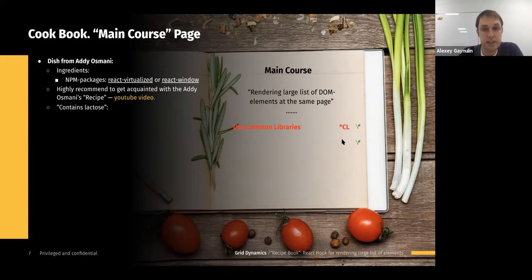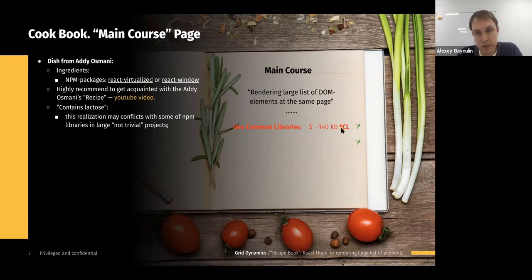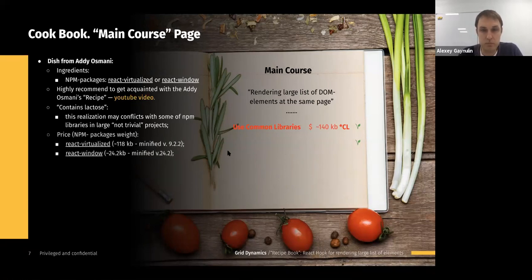What does it mean? It contains lactose. That means that the implementation may conflict with some npm libraries in, we can say, large, non-trivial projects. As for me, I have such a project, and my project has lactose intolerance. I have some dependency libraries that I remember conflicted with some of these libraries. What about the price? The price is not so expensive. It is 140 kilobytes. It is not really much,